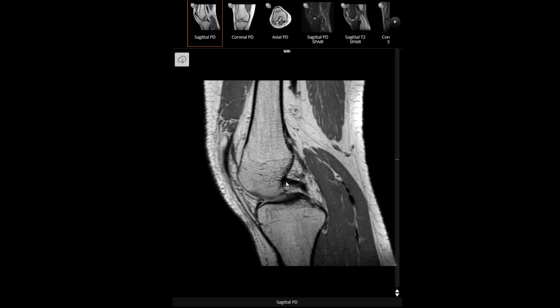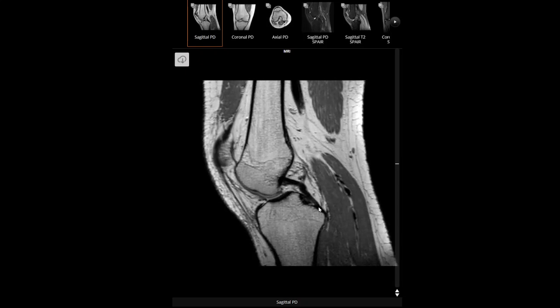So this is the attachment, the upper attachment of the posterior cruciate ligament. It is going down, and here we can completely see that the posterior cruciate ligament is intact. It is coming from the lateral surface of the medial condyle of femur, and it is inserting posterior most on the superior surface of tibia, intercondylar area, most posterior part. The posterior cruciate ligament is attaching there.